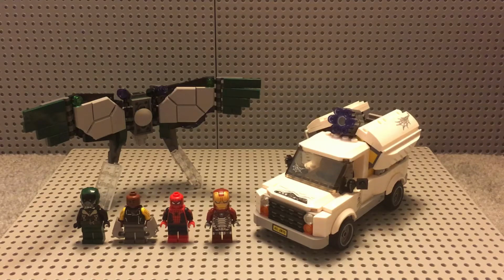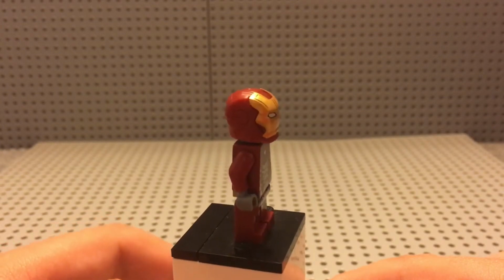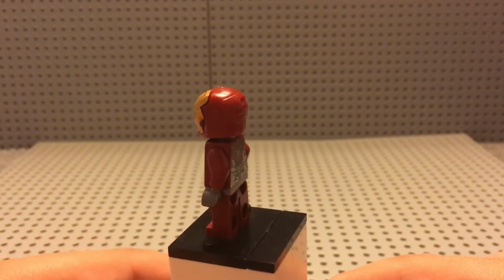What's going on, guys? This is 76083 Beware the Vulture. It is recommended for ages 7 to 14 and is 375 pieces and is also part of the movie Spider-Man Homecoming. So starting off with the minifigures, we get Iron Man, which as you can see has some new front